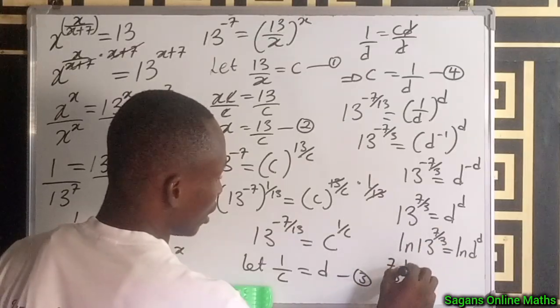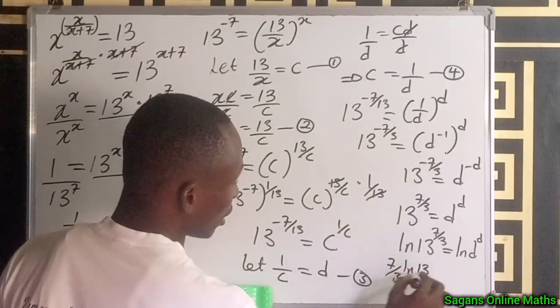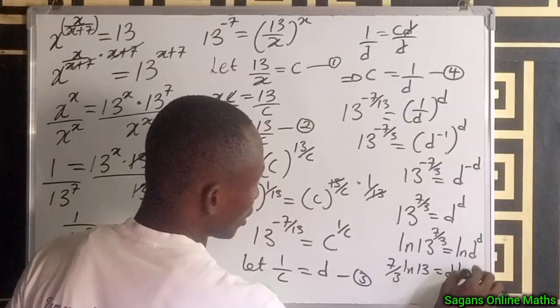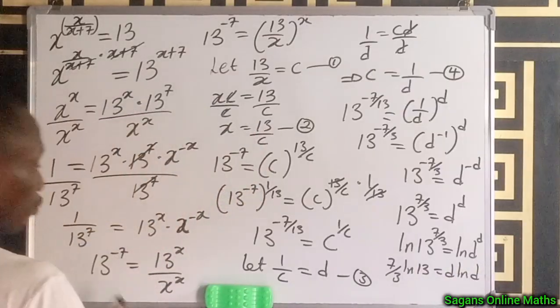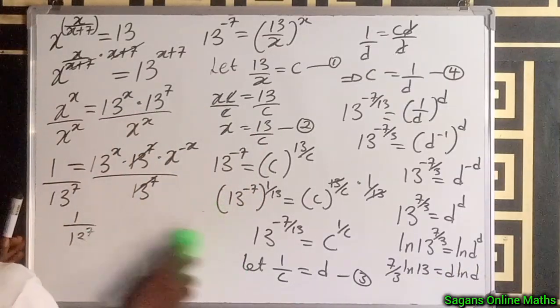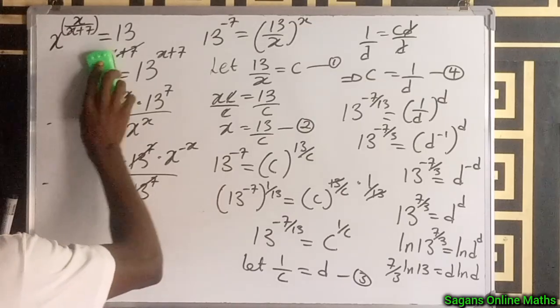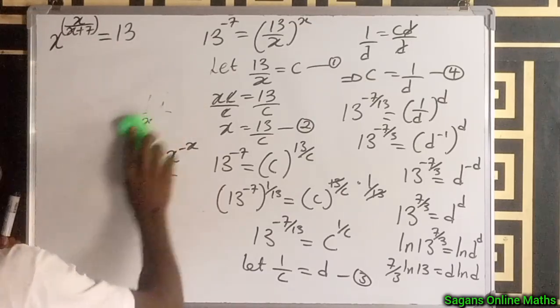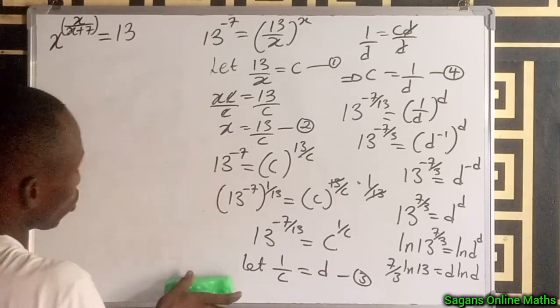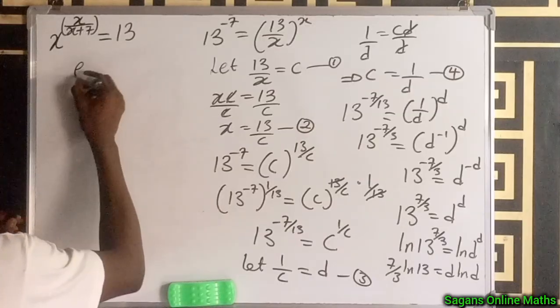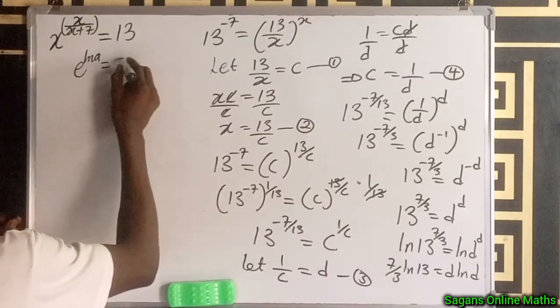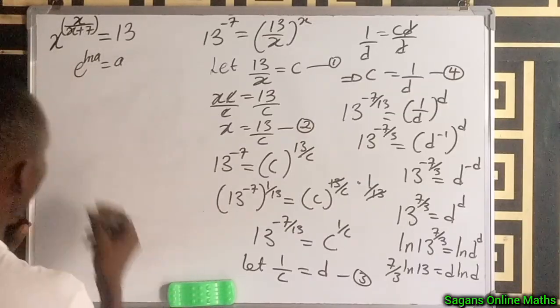7 over 3 ln what? ln 13 then equals d ln what? ln d. If you go deep into some of the properties of logarithms, there are laws we have to apply to this particular question. I want you to note that e raised to the power ln a is always equal to a. So from here, I can write this as